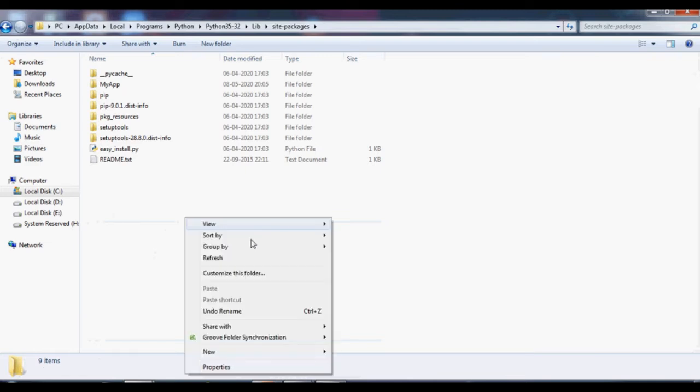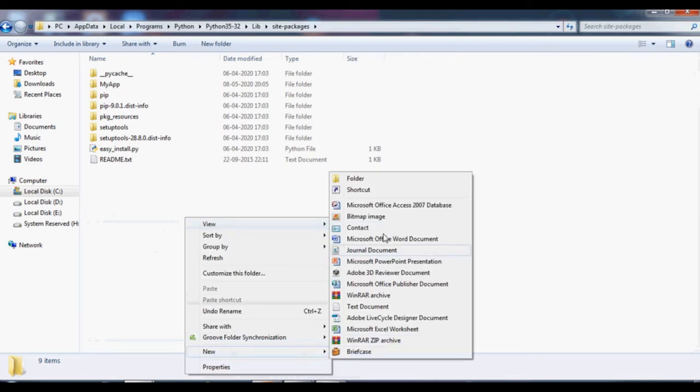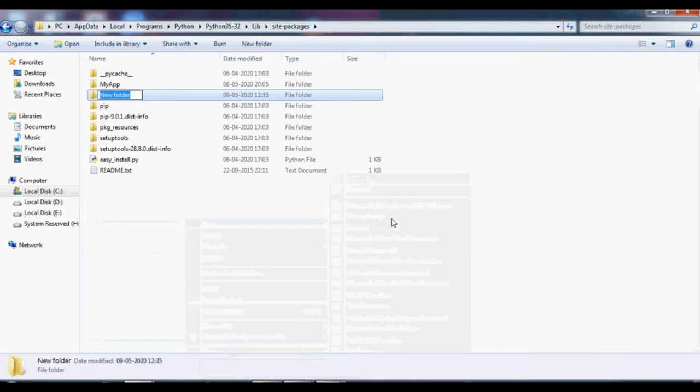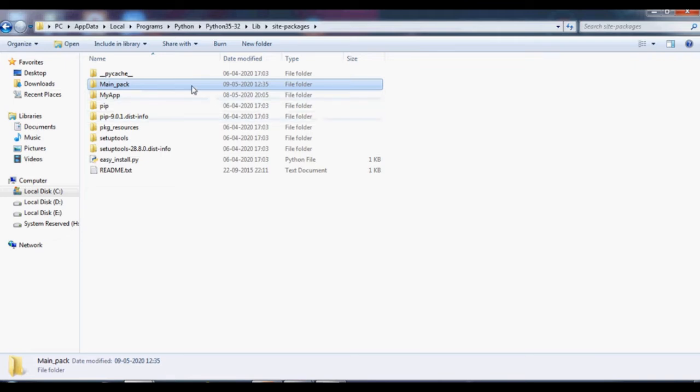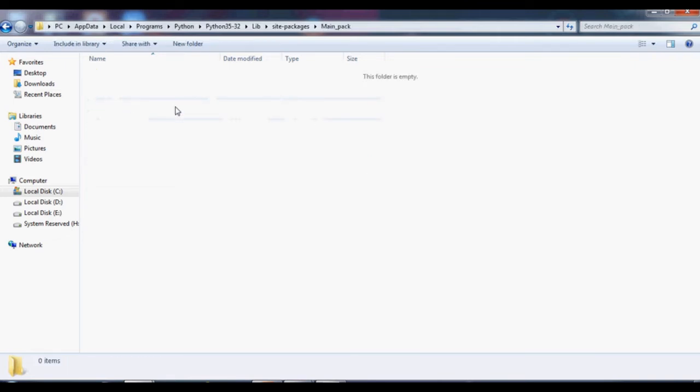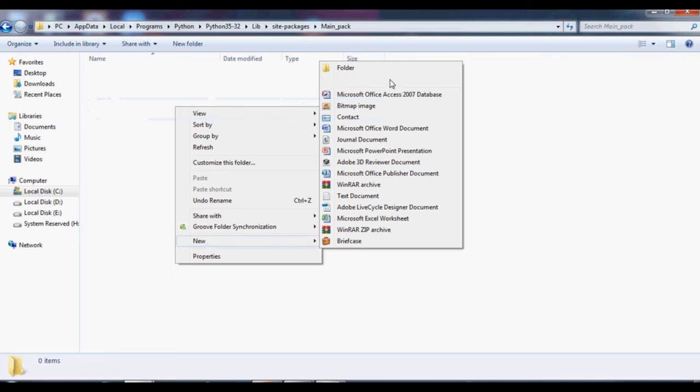Create a new folder, main_pack. So this is the main package. Inside that I'm going to create one more package, sub_pack, the sub package. Inside the main package I have created a sub package.